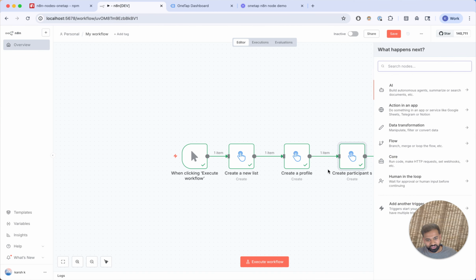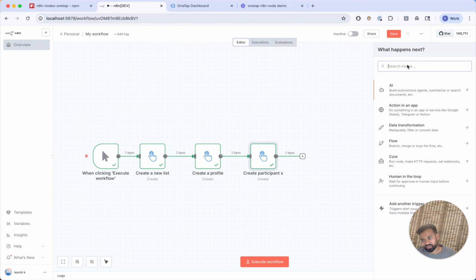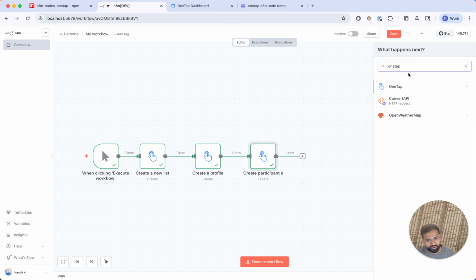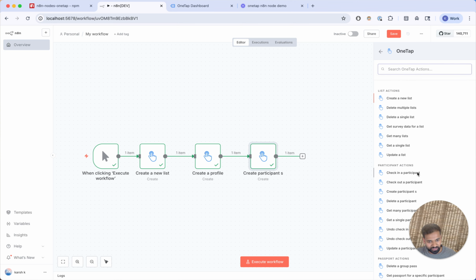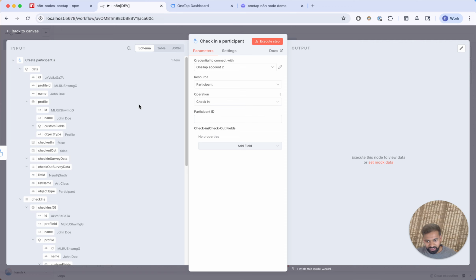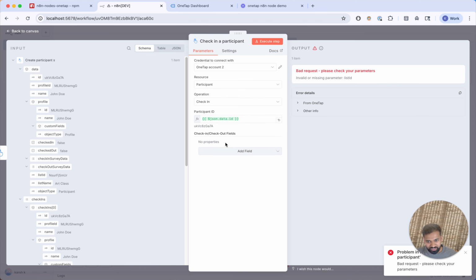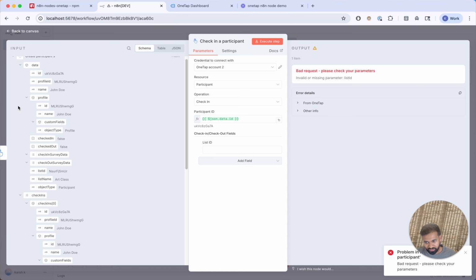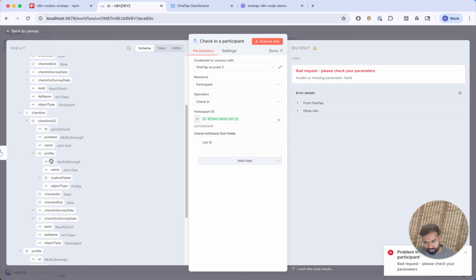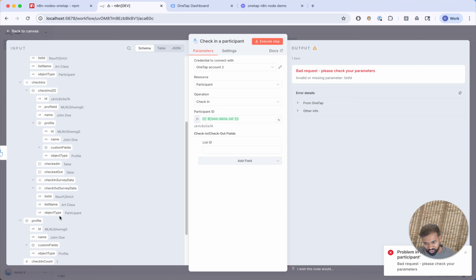Now, if you want to check in the student, for example, let's just say if you want to use, I don't know, some other software, or maybe we're just doing this programmatically with some other program, what we can do is just do check-ins with n8n. So we just go over to OneTap right here and we just hit check in a participant. It's going to ask us for the participant ID right here, which is going to be the person that just got created. It's also going to ask us for the list ID. So if we go over here, we can click on list ID and we just go right here and then we copy the list ID